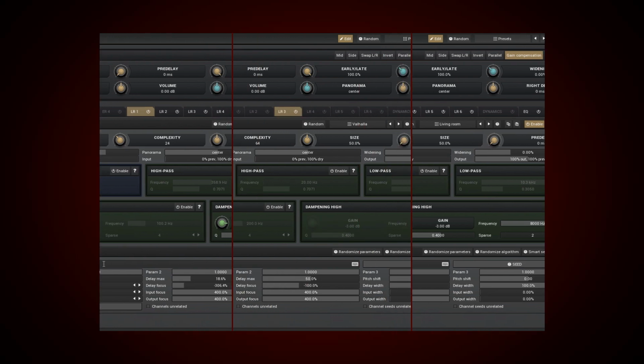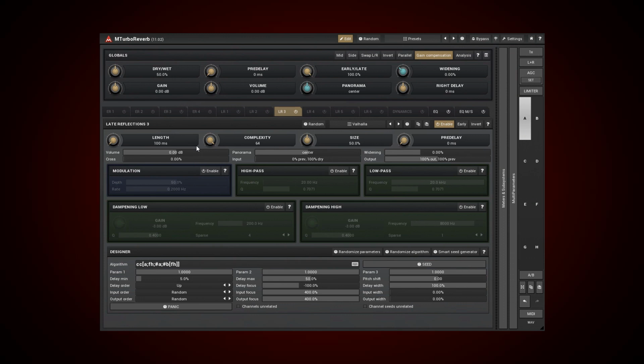Generator's parameters. The first parameter we're going to talk about is the length. It is accepted that the reverberation time is specified by the time it takes the reverberation to decay to minus 60 decibels, and that is what this controller sets. The higher the value, the longer the time. I must mention to not take this value literally though, as the actual reverberation time depends in many respects on